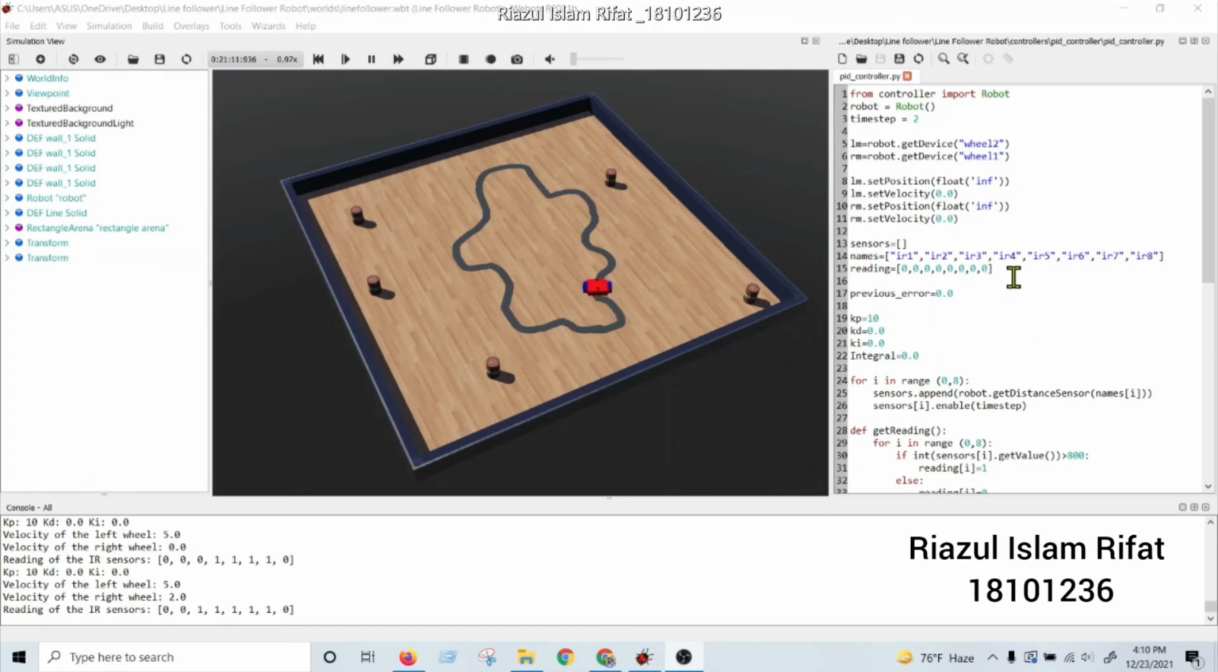Assalamu alaikum. I am Riazul Islam Rifat and I am going to discuss the coding part of our project. Here timestamp equals 2. That means we are getting an updated value every 2 milliseconds. Then I have initialized the get device method for wheel 1 and wheel 2 and set their position to infinity and